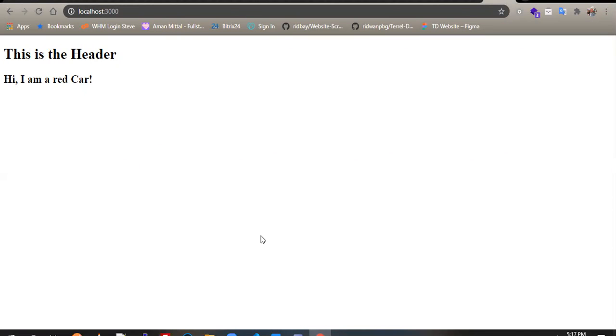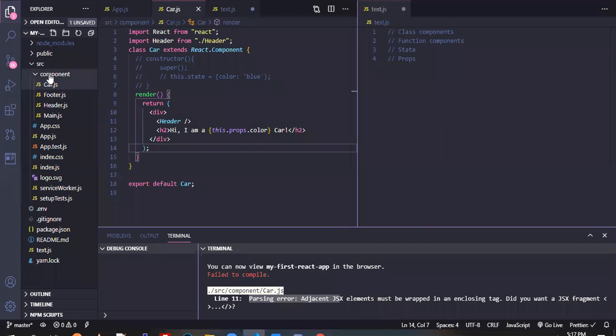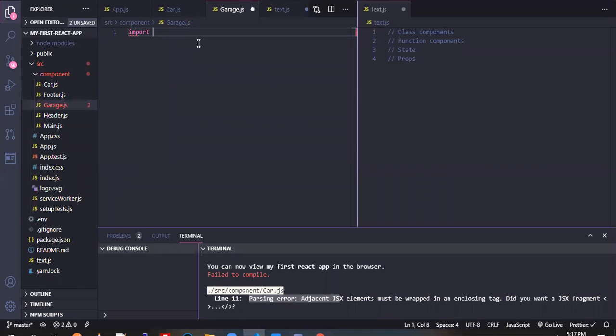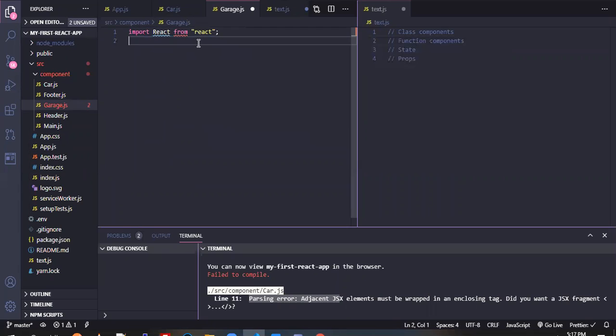That is beautiful. And we can also do something. Let's say I have a car component and I also want to have a garage component. So I can just create garage.js, and inside there I will do the same thing I've been doing. I have to import React because we want to use JSX. I will do import React from React. Then from here, I can say class